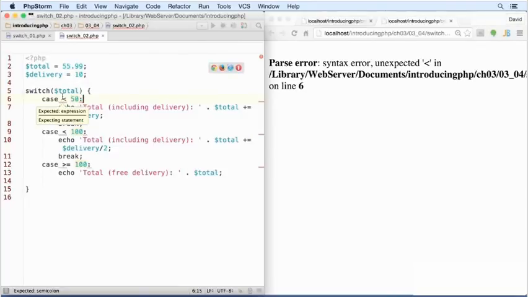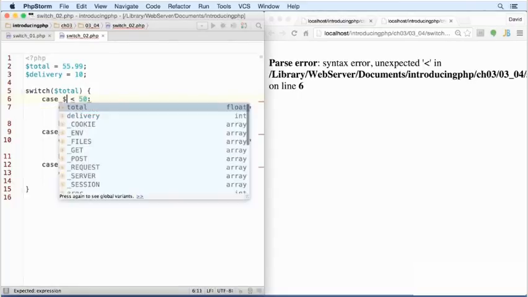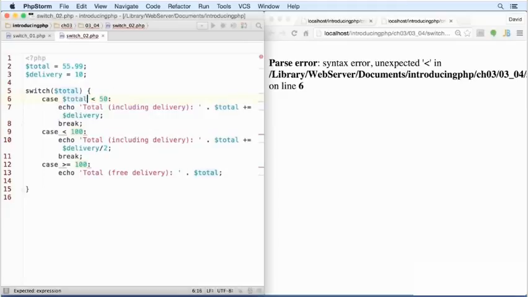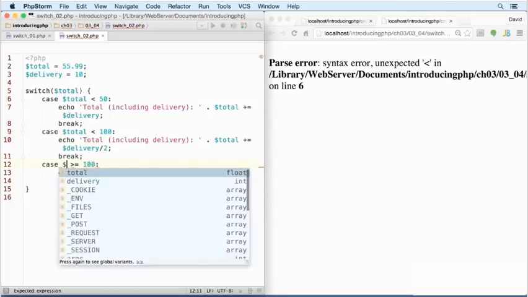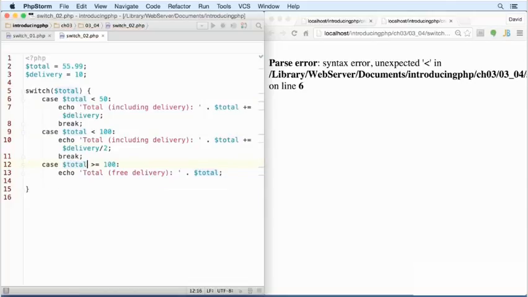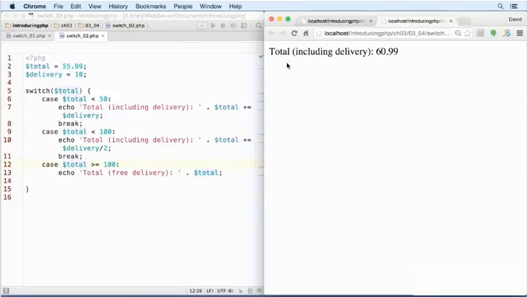Although we're passing total to the switch statement, we can't just say less than 50. What we need to do is to have a complete expression. We need to say case total is less than 50, and the same with each of the cases. We always need to have the complete comparison, and then this will create a Boolean which will either be true or false. So if we save that and reload the page in the browser,